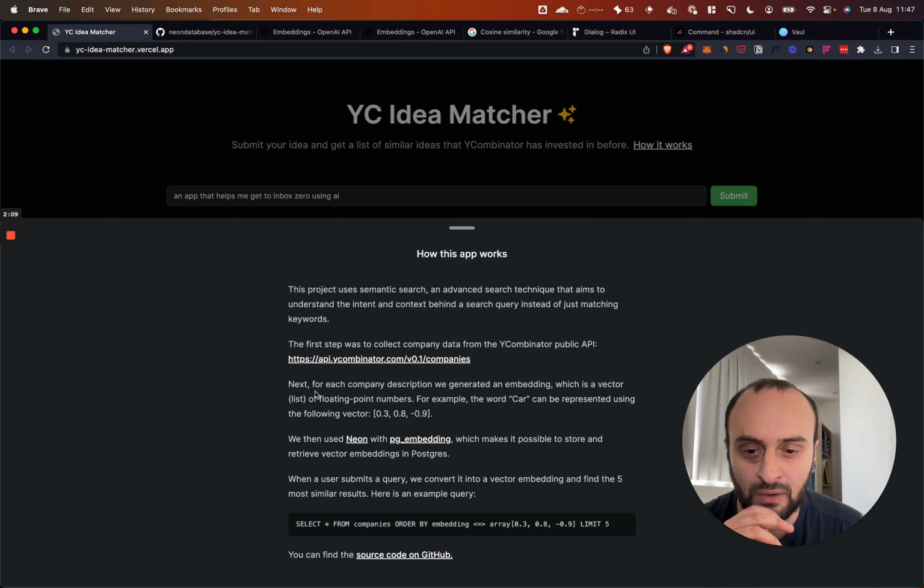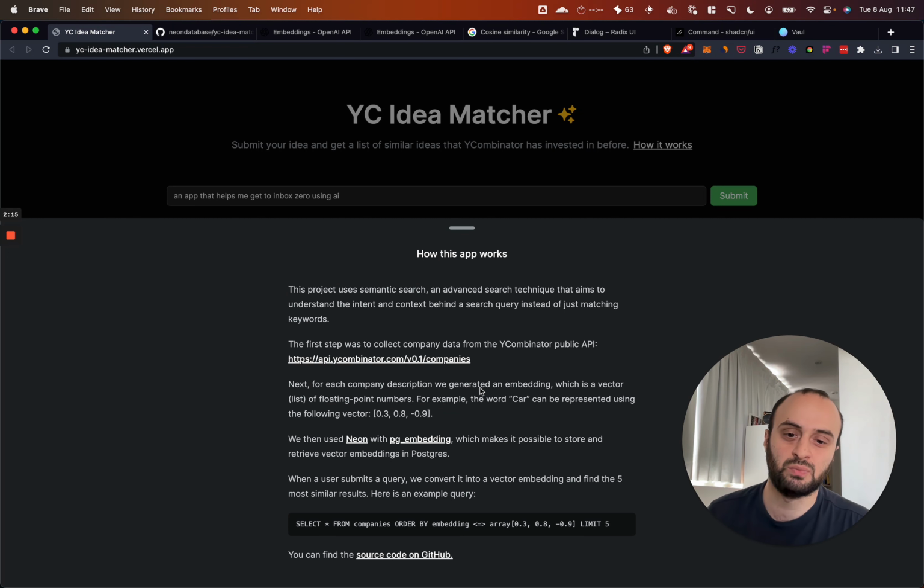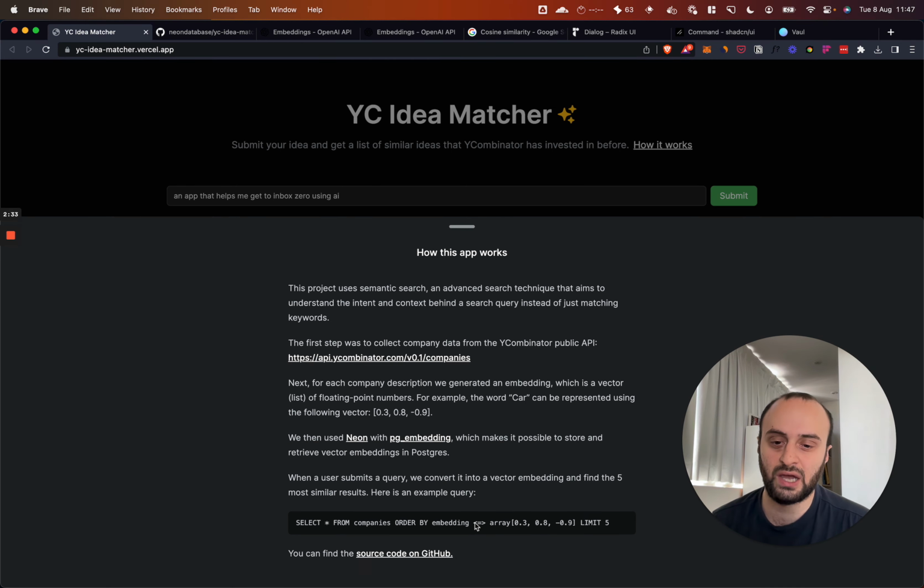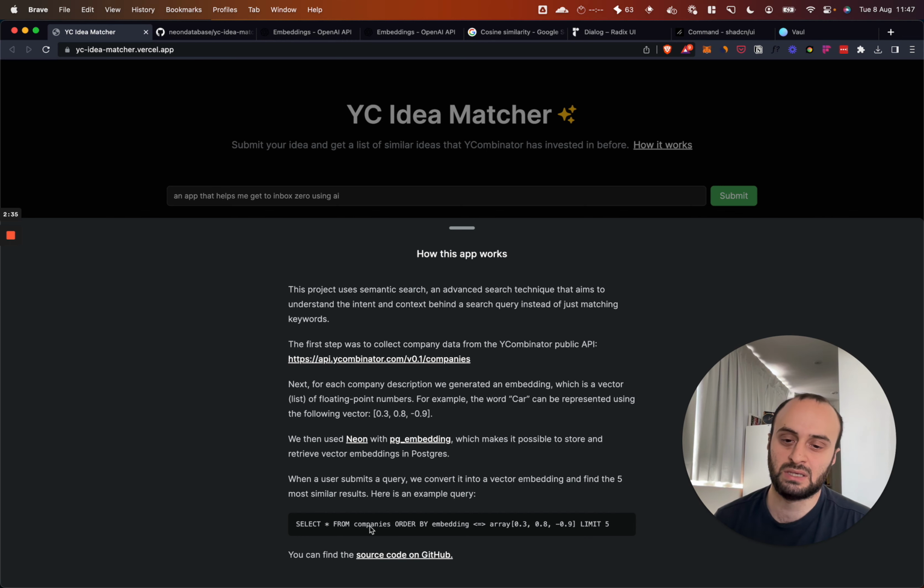Next part we do is we create an embedding, which is basically a vector. Next to each company description, we generated an embedding, which is a vector list of floating point numbers. For example, the word car can be represented using the following vector. We then use Neon with PG embedding, which makes it possible to store and retrieve vector embeddings in Postgres. And then when the user submits a query, we go and check the similarity. So the final query is going to be something like this, where we search our database for all companies,